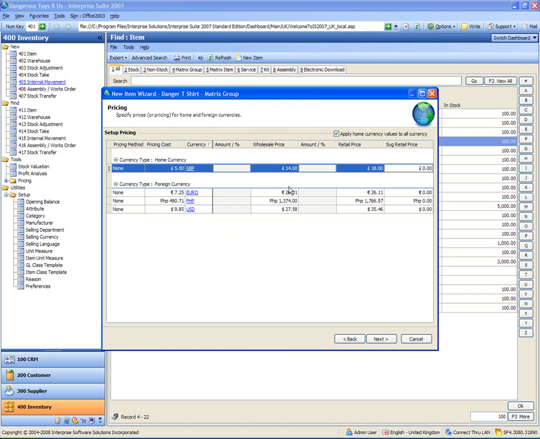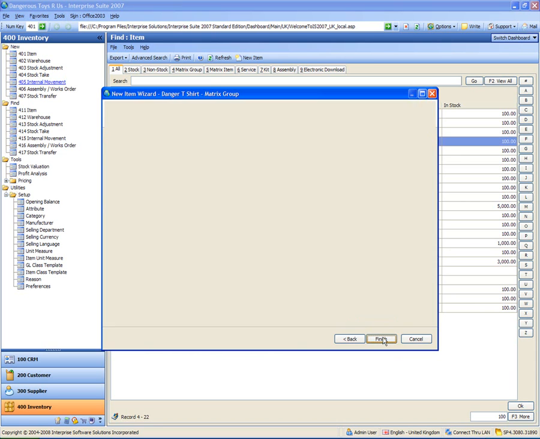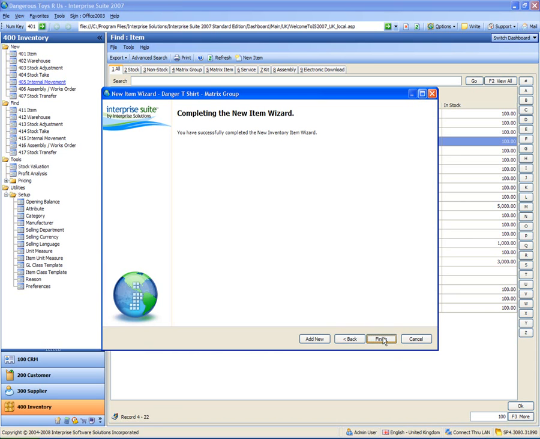So it'll work out what the equivalent price is in Philippine pesos, euros, etc. I can amend these if I want though, so I can say, well, actually, if you buy in euros, you're going to pay 30 euros, not 21, and we can fix a price on euros like that. Okay, so if I next on that and then finish,